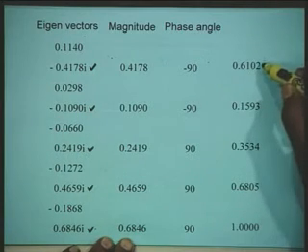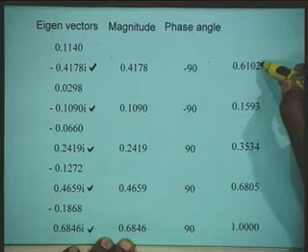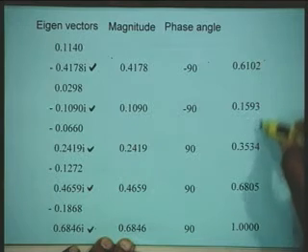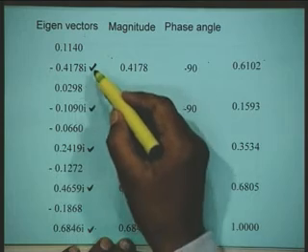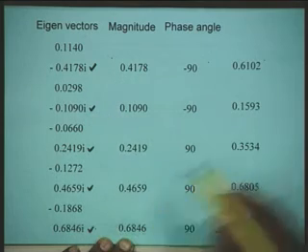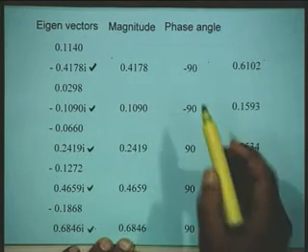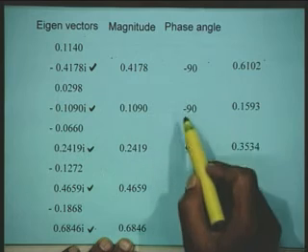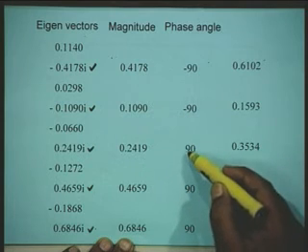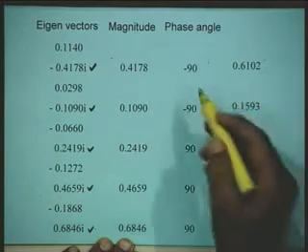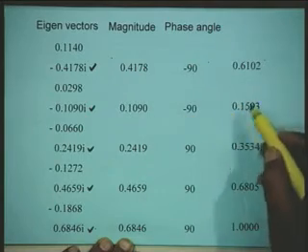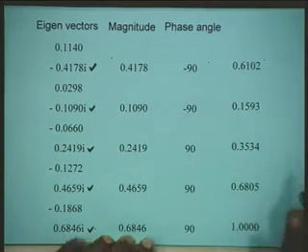Therefore, we find here that the normalized values of the elements associated with delta delta 1, delta delta 2 and so on are given like this. Now, here the angles are minus 90, minus 90, and then they change over to plus 90, plus 90 and plus 90. Therefore, now if I represent this as positive, they will become negative, right. Therefore, the plot which I have shown here